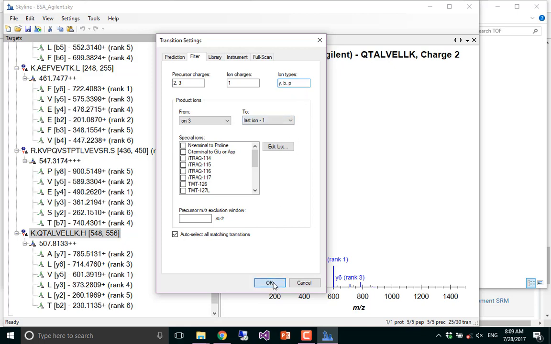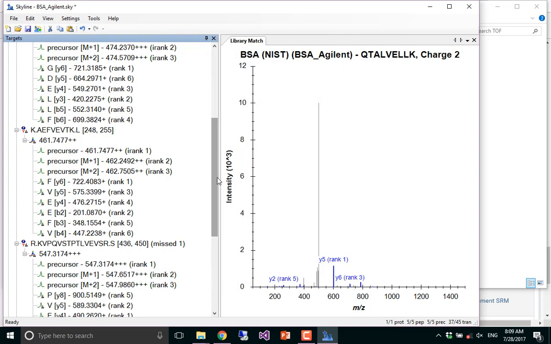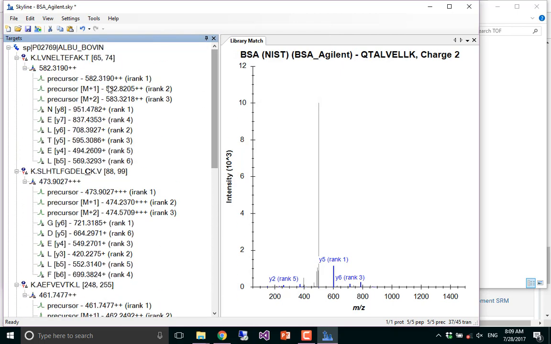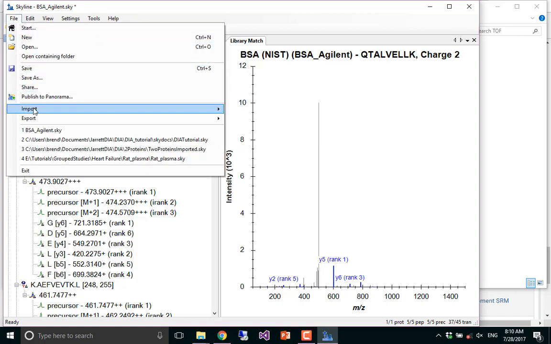And then click OK. And so now you can see we have gotten 3 precursors. We've got the M+1, M+2, and the precursor. We're going to have 3 isotopes just like you had for DIA yesterday. And then we're still going to have our 6 library transitions extracted. Okay, so we're going to go File, Import, and we're going to import just one